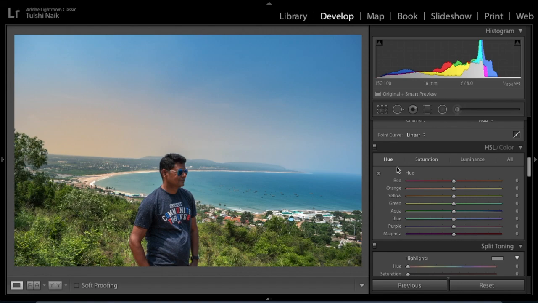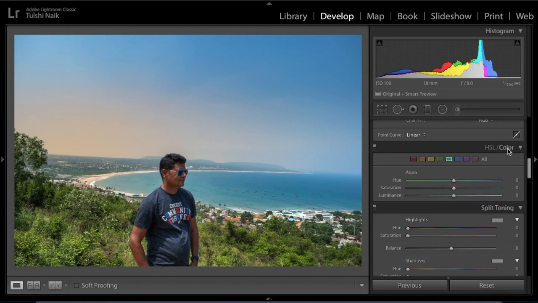So these are the three basic principles of the hue, saturation and luminance tabs. If you use an interface like this, then you can select hue of all colors, saturation of all colors, luminance of all colors. But the way I like to set my interface is like this. So I have control over each color with all three parameters: hue, saturation and luminance.